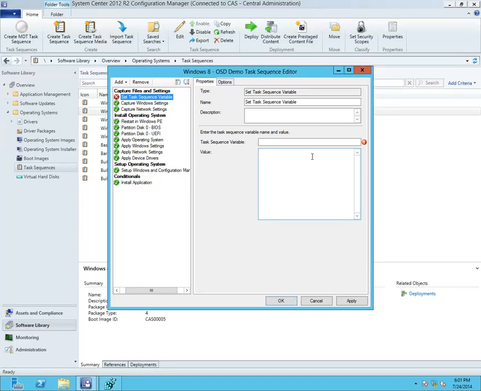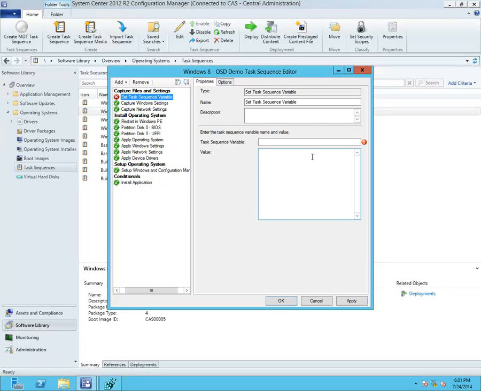Now this is interesting, maybe to combine with the conditionals we talked about, right? So maybe you want to run a conditional against WMI to find out how big your disks are. So if you have an 80 gig drive, maybe you're going to partition it differently. So you can set up a conditional on that partitioning step to look in WMI, and if it's an 80 gig drive, you're going to, let me back up. So maybe you're going to use a set task sequence variable step, but a conditional for that is going to look in WMI and find out if your